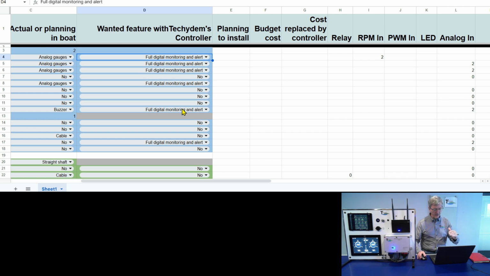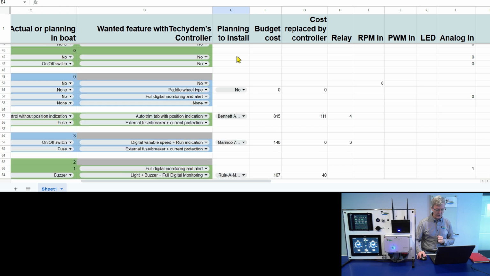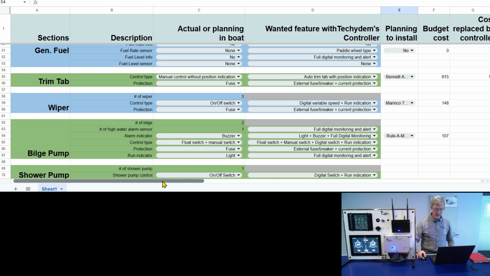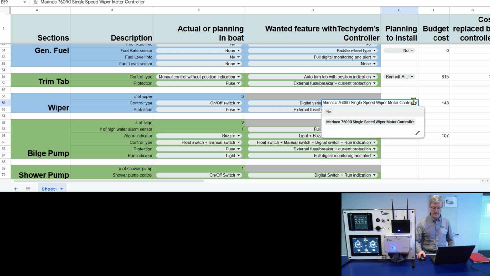If you have to fill out all these different items, there is a column here, planning to install. At some point, you will notice that I have added some equipment that already exists out there. So, for example, the wiper. Maybe you wanted to have an intermittent wiper in your boat. If you were planning to install something like this, in this case, I have selected one model.